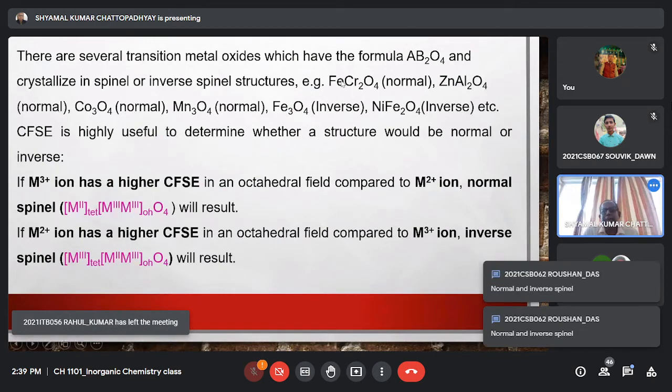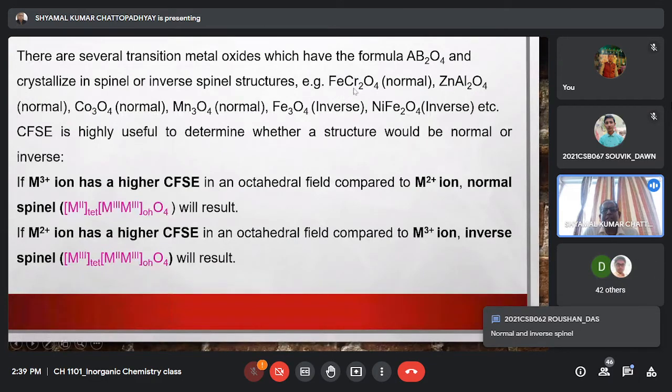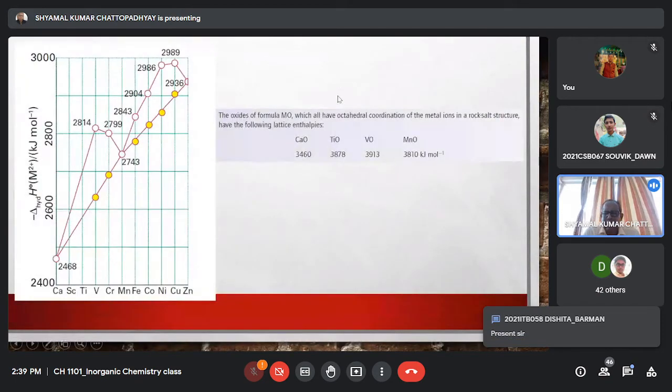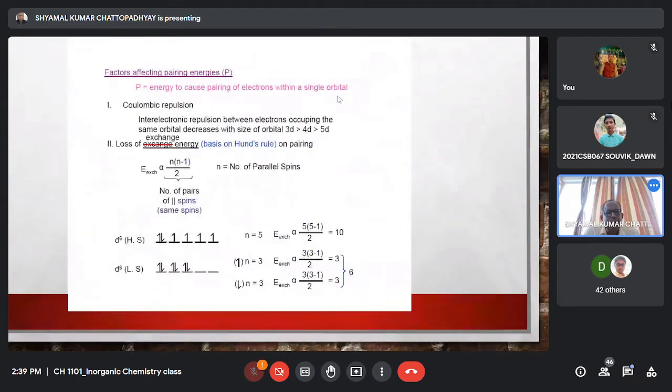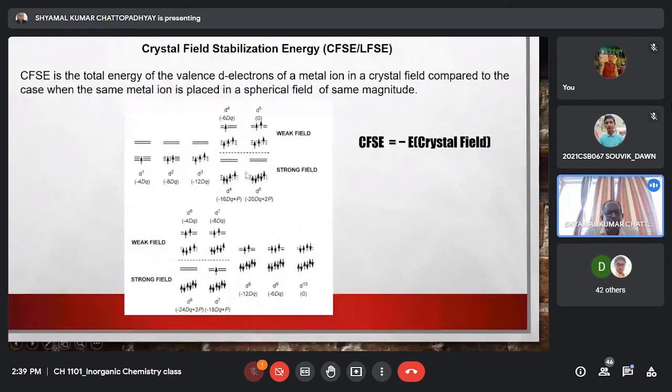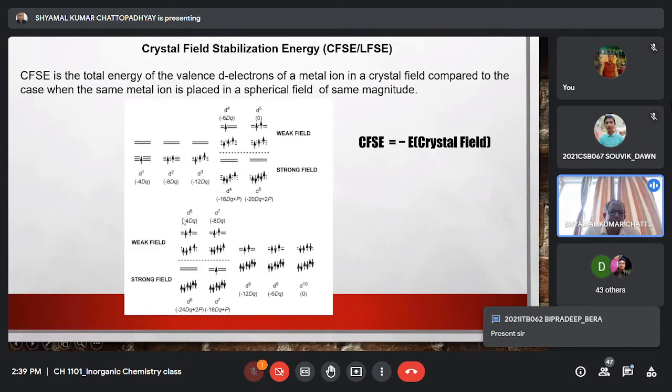So in FeCr2O4 we have a ferrous ion, a chromium 3 ion, and oxide. If you compare the CFSE of the high spin ferrous with the CFSE of the chromium 3 ion, we have this data already: ferrous means D6, right? So for D6, for the high spin,